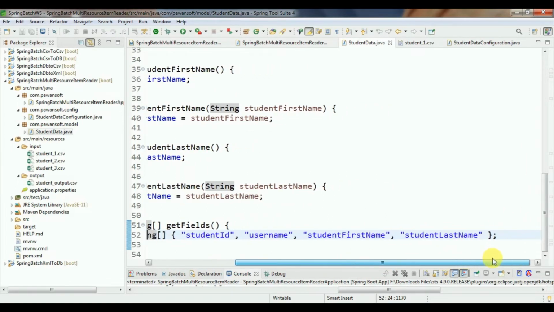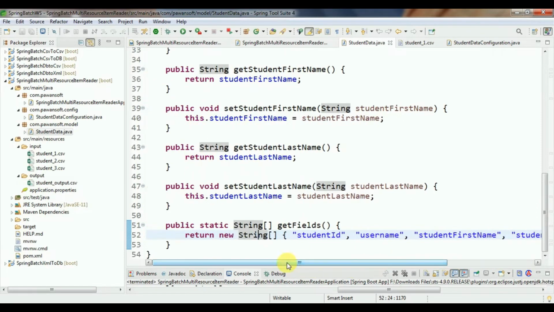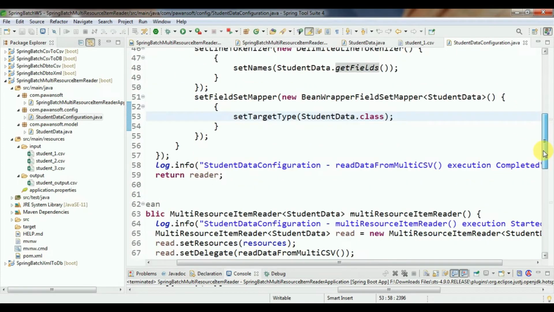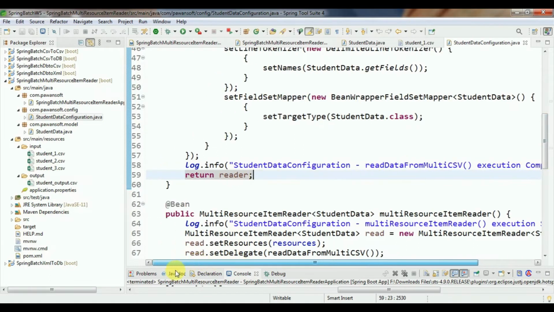So you can write here and return the string array, and then the field set mapper. Inside the field set mapper, BeanWrapperFieldSetMapper, call setTargetType with the student type, and this is the logger: this method execution is completed. And return the reader.